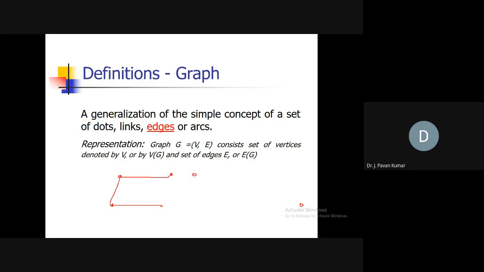Then we can model the entire thing as a graph. Several places we can consider as vertices, and from one place to another place, if there is road connectivity or train connectivity, then we form an edge. Like that we can frame a graph. Then we have to find a path from source to destination, by going through several places to reach the destination. We can use this graph for these kinds of purposes.